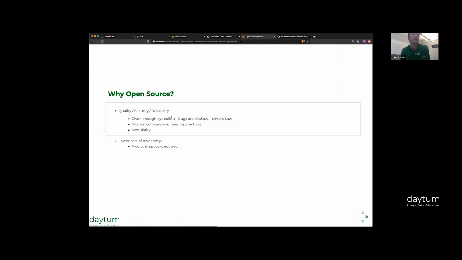Lower cost of ownership. Free is in speech, not beer, right? So what we mean by that is that somebody had to write the open source software. So it's not completely free because someone's labor is tied up in it no matter what. It's not free like beer. But what we mean when we talk about free with respect to open source software is freedom to use it however you please, right? And it's one of the reasons we try to only use open source software in this class, even right down to our